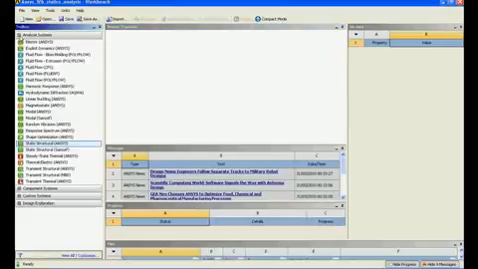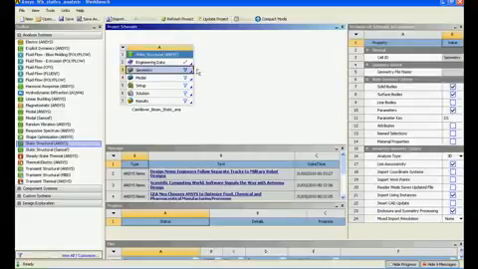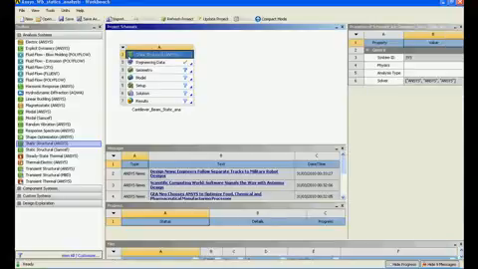So I'll go to an analysis system. I'll click on static analysis and drag and drop here, create a standalone system, and it has been created. I'll just name it cantilever underscore beam static. Okay, now I'm done with it, and you could see this column is named A, whereas